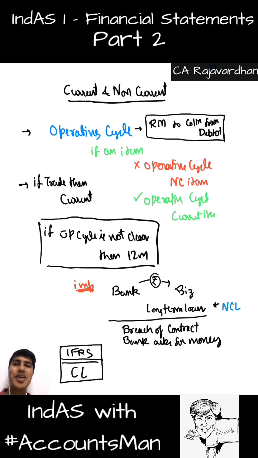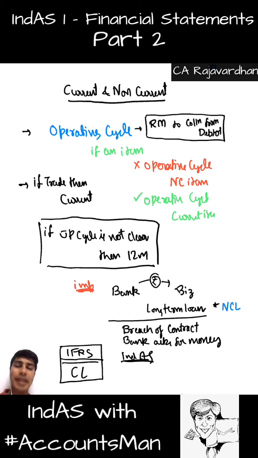We have seen, right? Whenever the bank asks for money, people can file a suit, take it to the appellate tribunal, take it to the high court, take it to the Supreme Court, in fact leave the country and say that I will not pay the interest and I will pay only the principal. I am not referring to any person, I am not responsible for your imaginations. Come on. So under Ind AS, whenever you are conflicting with the bank saying that you need not pay such money, it will not be considered as current. You can still call it non-current.